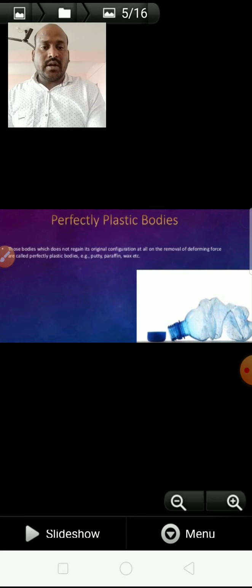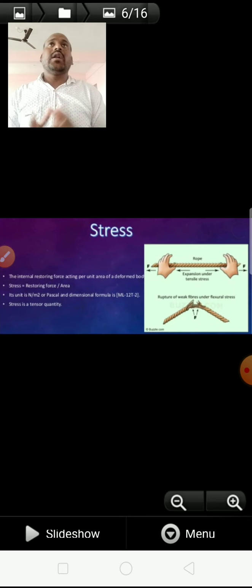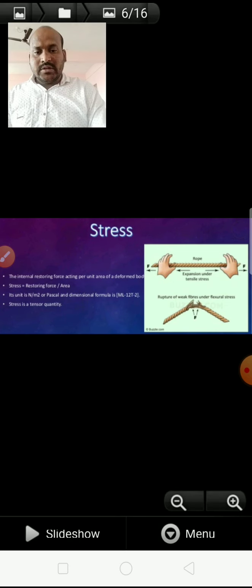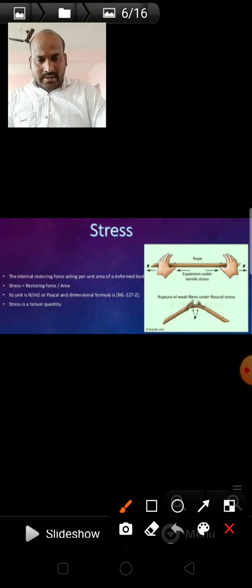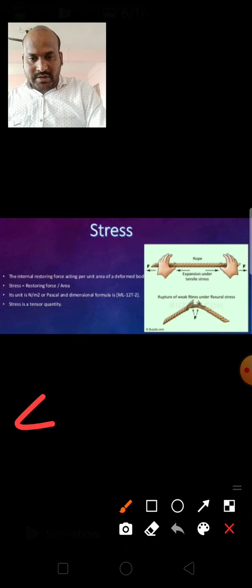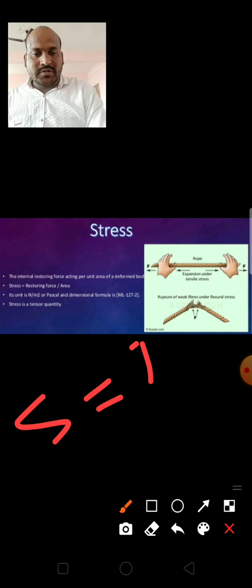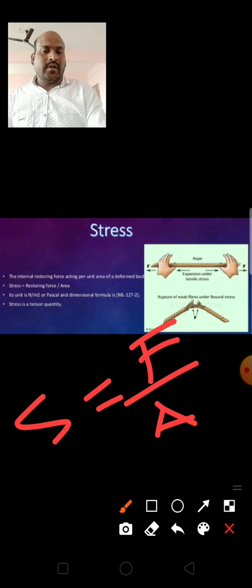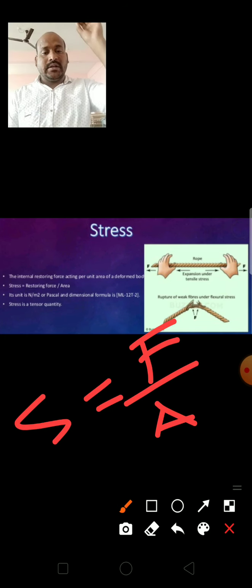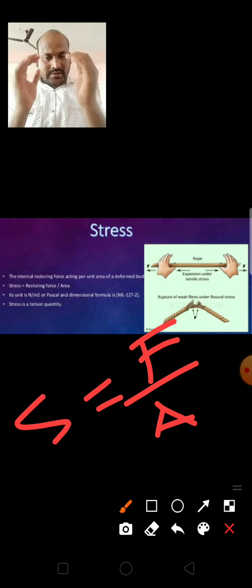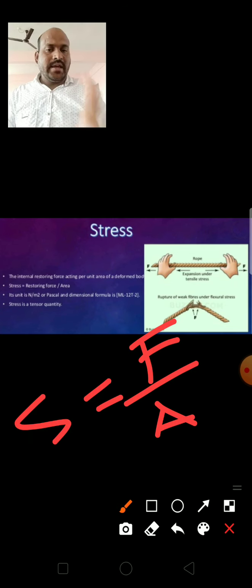Okay, next, what is stress? All of you know that when you apply a force, stress is developed. It is the cause, so stress is referred to as the cause of the deformation. How to define stress? Stress is force divided by area. F stands for force, A stands for area. Whatever the area or space over which you apply the force, that is the area. Force divided by area is stress.